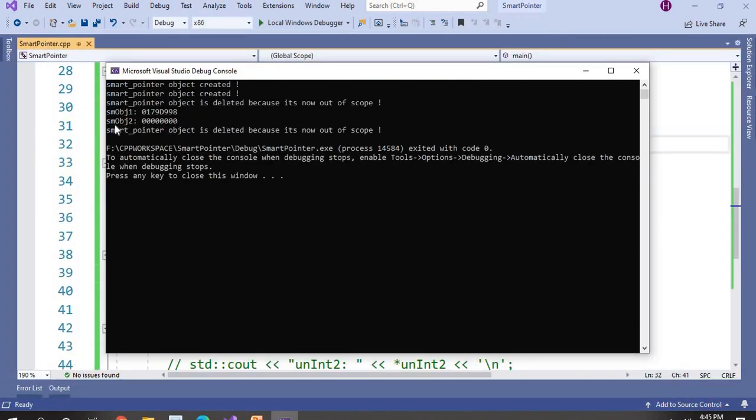You can see here object 2 is now empty because you have moved the object.